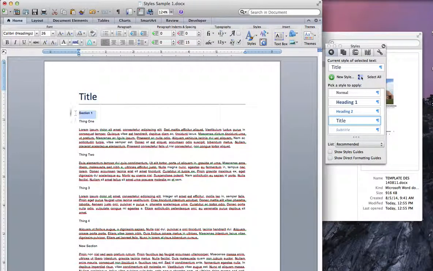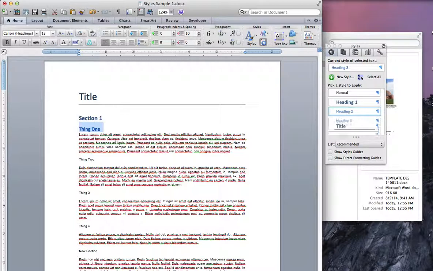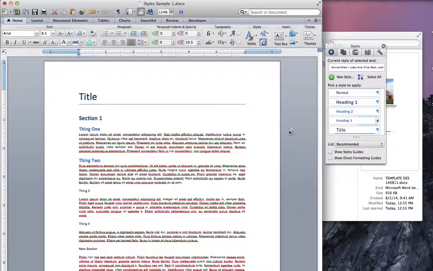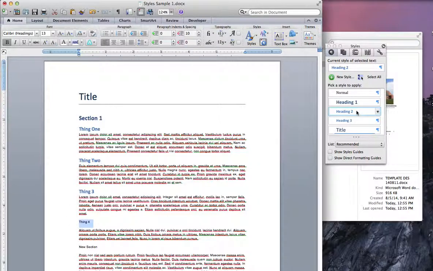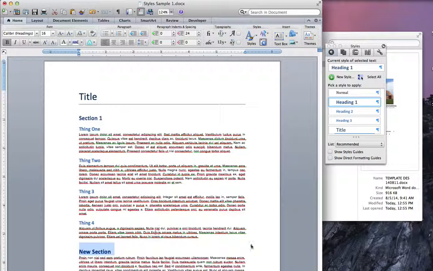So the title, the header, I'm going to make this Header 1. I'm going to make these Header 2, Header 2, Header 2, Header 2, and then Heading 1 for a new section. So all that's great, except